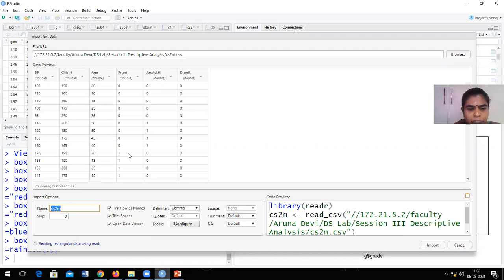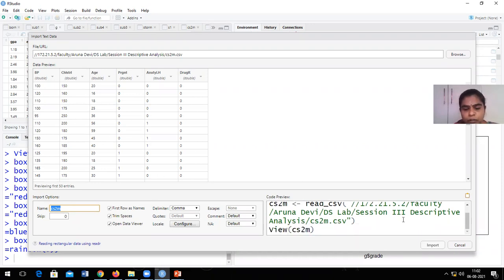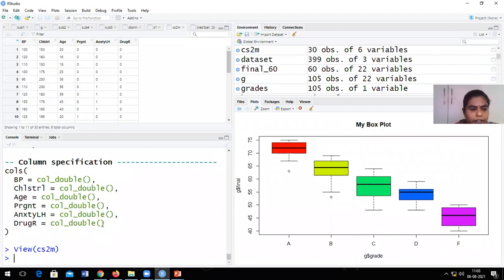Any variable I want to skip, I can give it. Any variable I want to create like a column, class label. Yes. So now my data table is being fetched. You can see that it shows 1 to 11 of 30 entries, totally 6 columns. Can you see this, all of you? Yes, we have totally 30 entries and 6 columns.